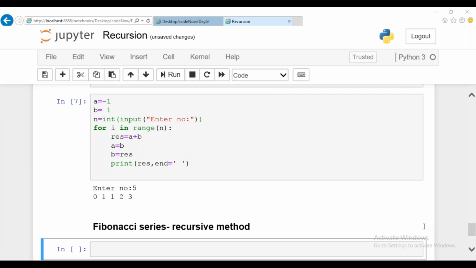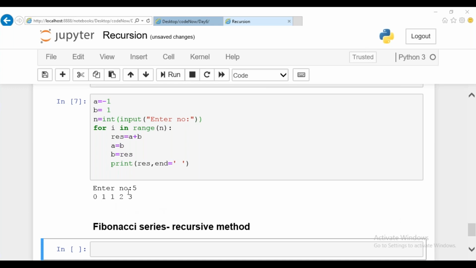Guys, here you are supposed to check separate conditions for 0 and 1. Yeah, Surya Teja, I have mentioned 5 numbers, the first 5 values.